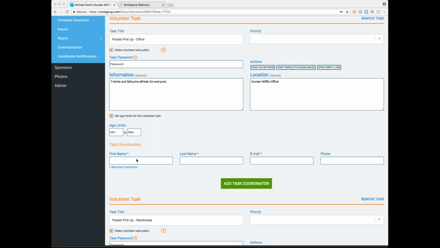You're also able to add a task coordinator. So this is going to be the leader for a specific task. And when a task coordinator is added, they're going to receive an automated email notification. And that email will contain a link so that they can sign up within the RunSignUp system. And from that, they're going to be able to see all the volunteers who have signed up for the task that they're in charge of. And they're also going to be able to import volunteers and send email communication to all the volunteers in their